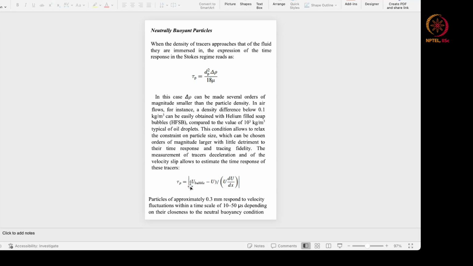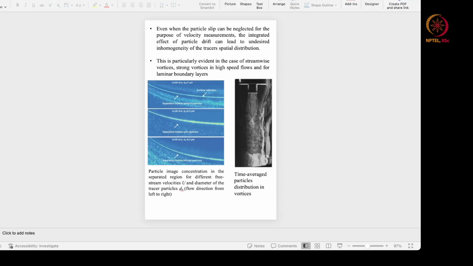Okay, this depends on how close they are to the neutral buoyancy situation. So this is great because you can deal with 0.3 mm particles, which is quite large compared to micron sized particles. So even when the particle slip can be neglected for the purpose of velocity measurements, there are particle drifts